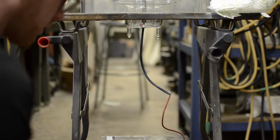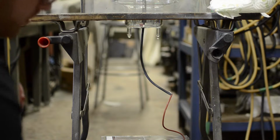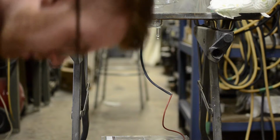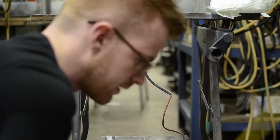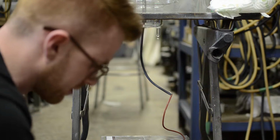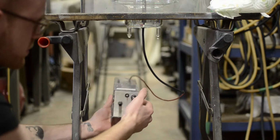So I've attached the red wire to the black wire that's coming from the bottom of the plasma globe. Just going to make sure that this can be seen. Yep. So this is where the connection is made. I'm going to plug the power supply in. So now I have it plugged in, and as I said before, I would show